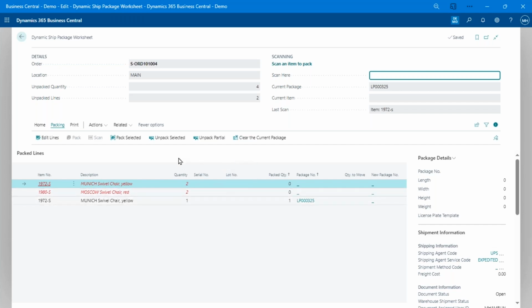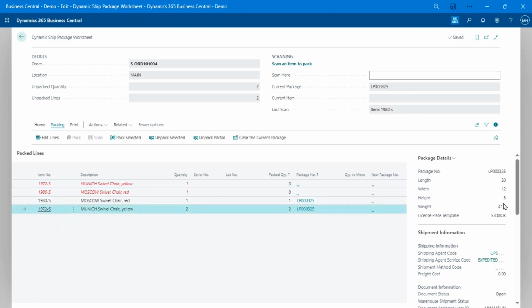I should also mention that we can capture your lot numbers and serial numbers here as well. So if you want to capture lot numbers or serial numbers on your shipments, I can scan those in and we'll capture those and store them within the system as well. All right, now back to this, I'm going to scan that guy again, so you can see now we've got 2 of those packed into this box, and let's pack one of those guys in there. So I've got these 3 pieces and these 2 items packed into box 325,